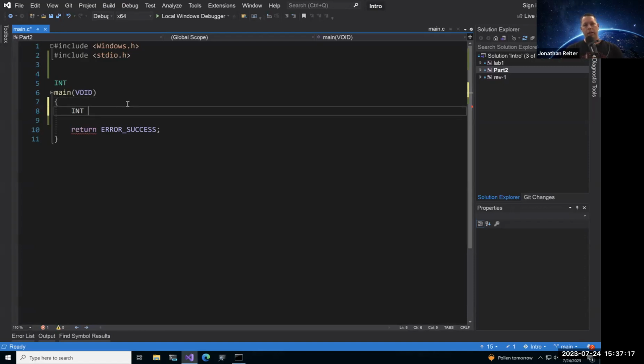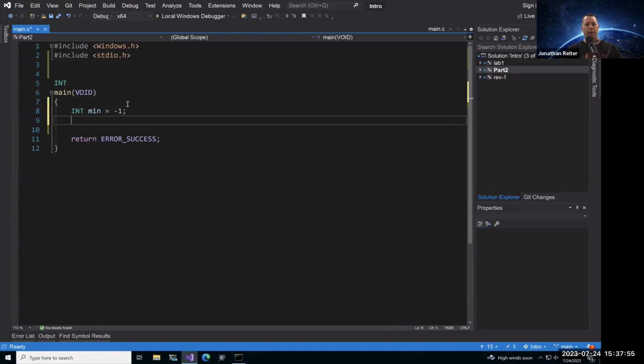There's a C runtime version of it, and then we are going to use the Windows data type, of int. This int is just going to be named min. You can name it whatever you would like to, but for me, I'm just going to name it min. And I'm going to set this to the value of -1. Integers, remember, from part 1, are a signed data type, so they can have a sign bit that will indicate if that value is to be treated as a negative number or a positive number.